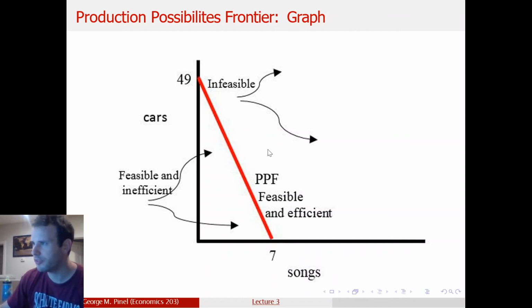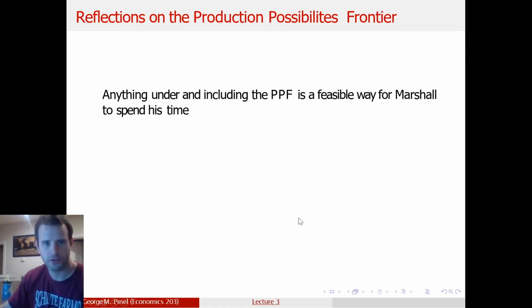So everything above the line is infeasible. Everything below the line, excluding the line, is feasible but inefficient. And everything on the line is considered feasible and efficient. So below, feasible and inefficient. Above, infeasible. On the line is feasible and efficient. Okay, so just to recap,